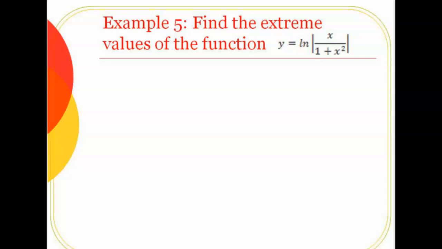Okay, we've now learned exponentials and natural logs. So it says find the extreme values of the function y equals the natural log of x divided by 1 plus x squared. We know that natural logs can be written out. So the natural log of x minus the natural log of 1 plus x squared is equivalent to that initial function. And then we're also told that they're absolute values. That absolute value is important,